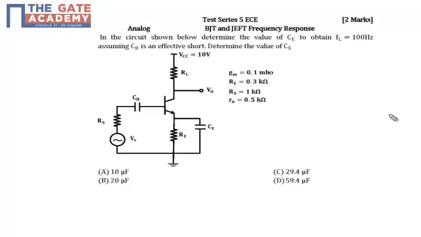Hello friends, this question is from the subject of analog. Topic name is BJT and JFET frequency response. In the problem we have been given one NPN transistor and